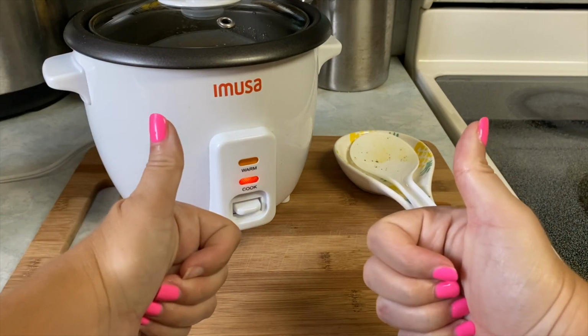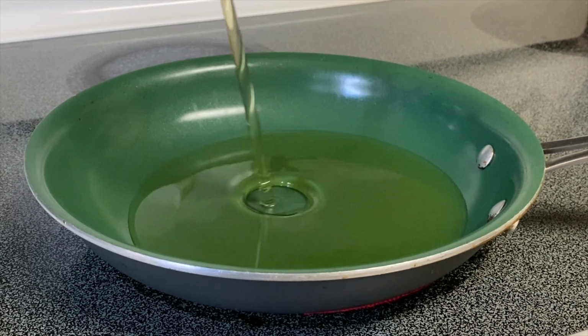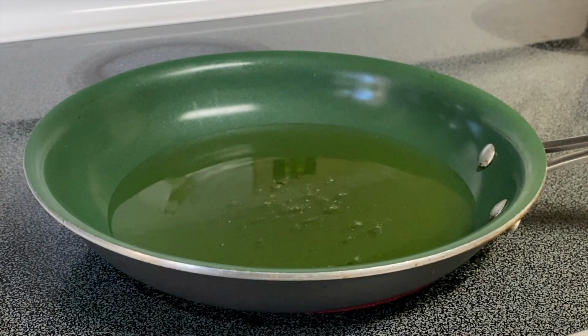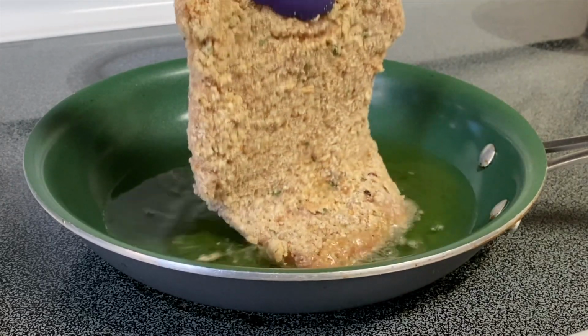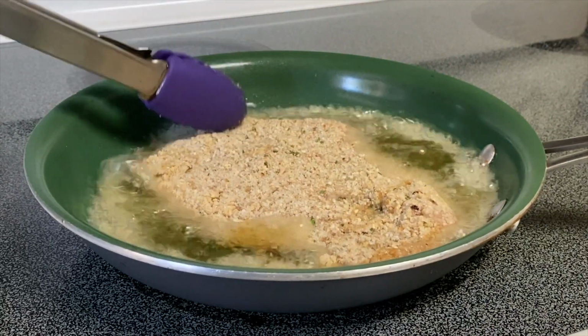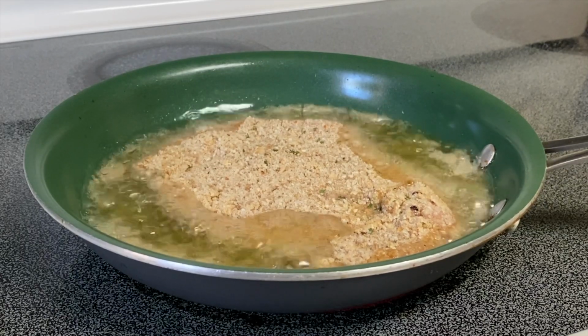Next, I'm adding some canola oil to a medium-sized frying pan, and I have my heat set to about a medium-high heat. Now, to test if my oil is ready, I just sprinkle in some breadcrumbs, and if it sizzles, I know I'm good to go. So I just add in my pork steak, and I'm going to let it cook for about 3 to 4